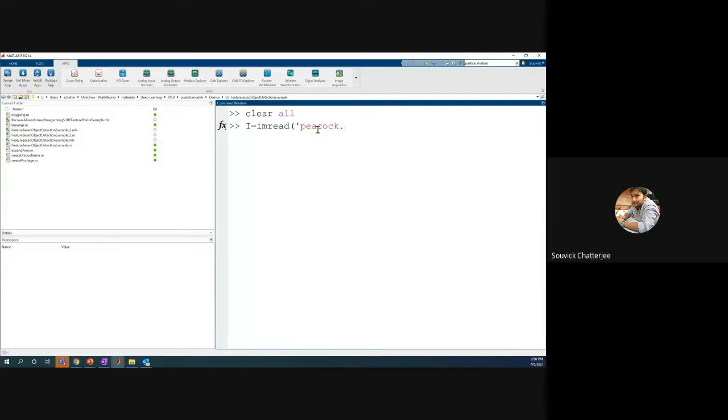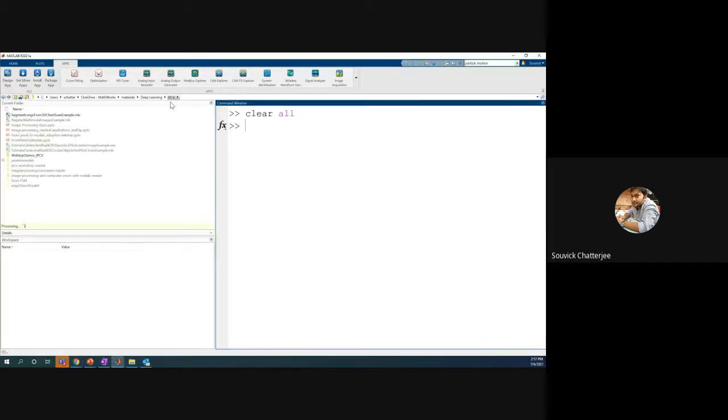First of all, your image needs to be in the current folder. Say, for example, if I take an image, you can just Google and find some random images. What you need to make sure is that you have the image saved in your local folder.